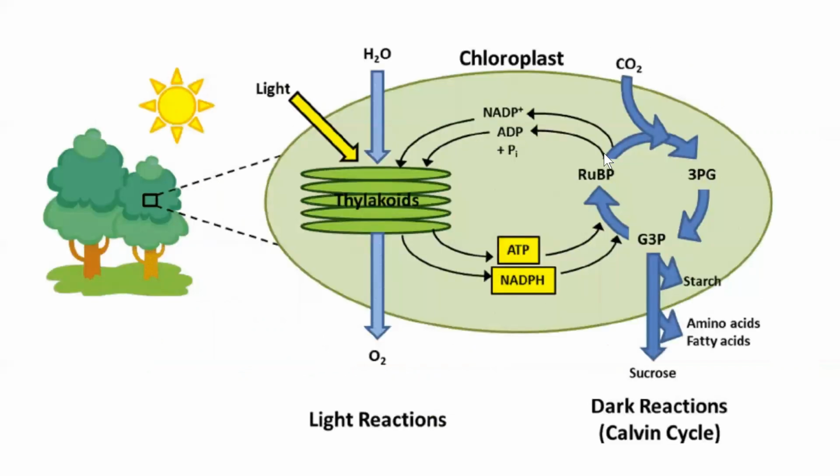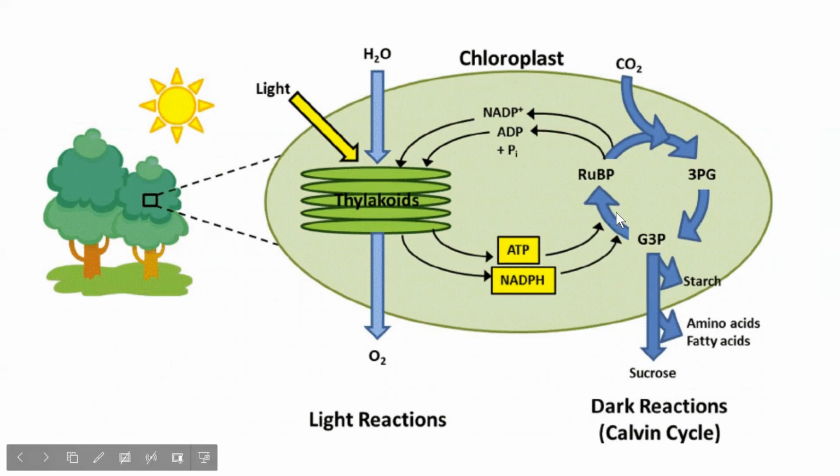Here's an overview of the Calvin cycle. After we have created ATP and NADPH in the light reactions in the thylakoid membrane, those two energy molecules are going to go over to the Calvin cycle, sometimes called the dark reactions because it doesn't have to happen when there's light out. I like calling it the Calvin cycle because dark reaction makes it sound like it can only happen in the